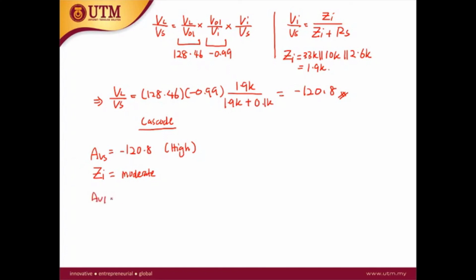Another thing is, if you see the AV1, the voltage gain for the common emitter, the voltage gain is minus 0.99. So this is close to unity. Unity means close to 1. So why is this important? Because when the AV is close to 1, the CMI is equal to 1 minus 1